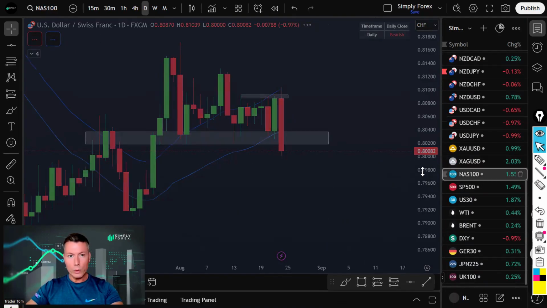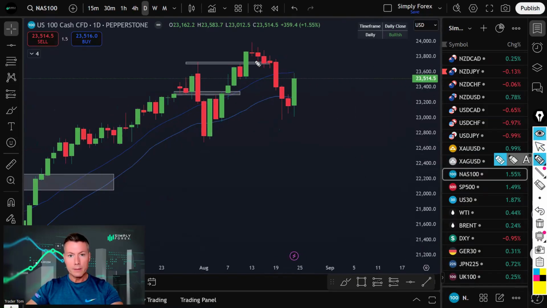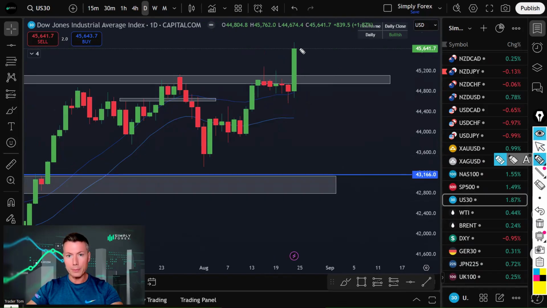Because we saw this massive push up. This is the day chart, but we were getting a sell-off on the indices. But he alluded to an interest rate cut. Bang, that is bullish for the indices. Nasdaq shot up, and let's look at the Dow Jones, because this actually shot up and broke a key